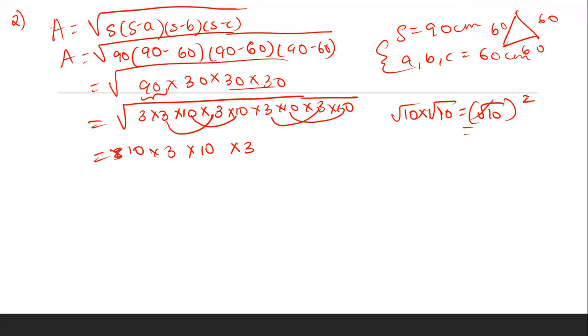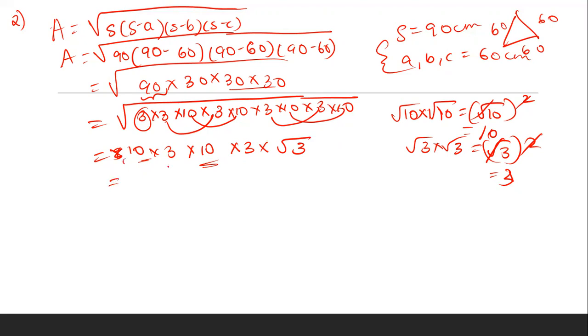Okay, so here root and square will get cancelled, we'll get 10. That's how I got these two tens. Similarly, 3 also, root 3 into root 3, which is equal to root 3 the whole square, root and square will get cancelled, we'll get 3 here. So now we've got 3 into 10 into 3 into 10. Now what is left out is this root 3. So write that left out root 3 as it is, because we don't have any other number left to combine it with. So we will just keep it like this.